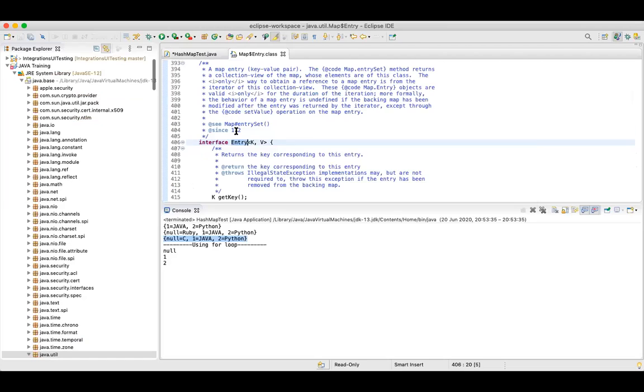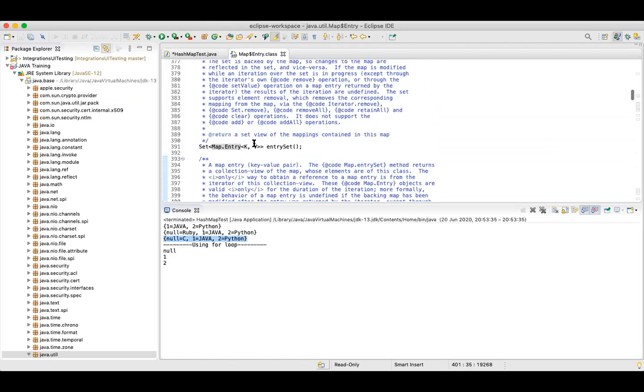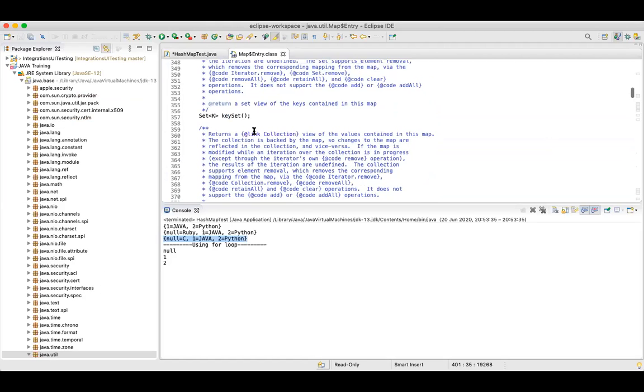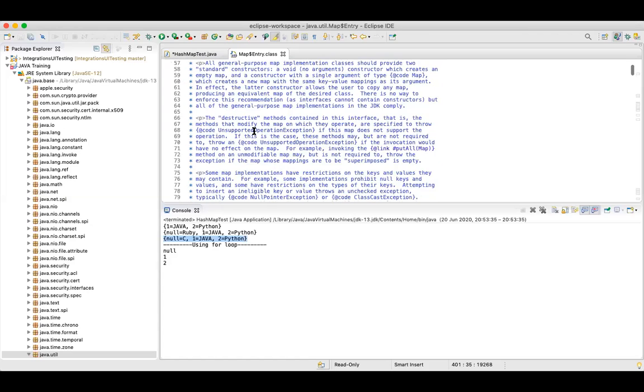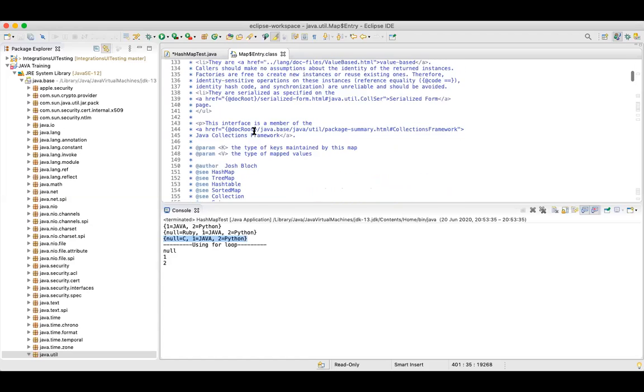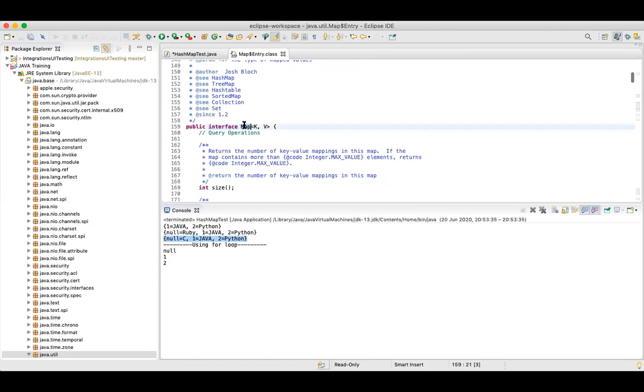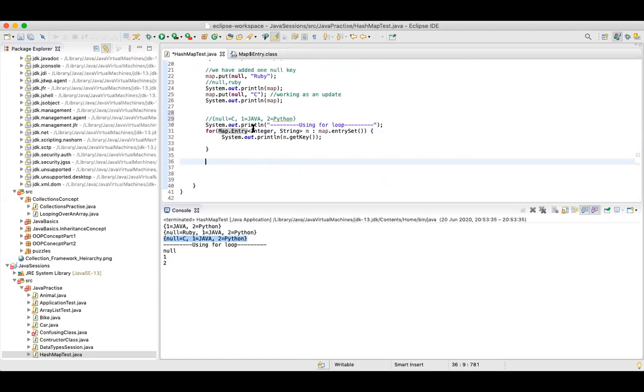So when you click over here, let's see over here, map and entry. When you see Set Map.Entry, over here, let me go on the top. See, this is your interface Map. So now we have Map.Entry, and here we have to specify the data type. This might create a confusion, so let's just delete the data types. Simple.